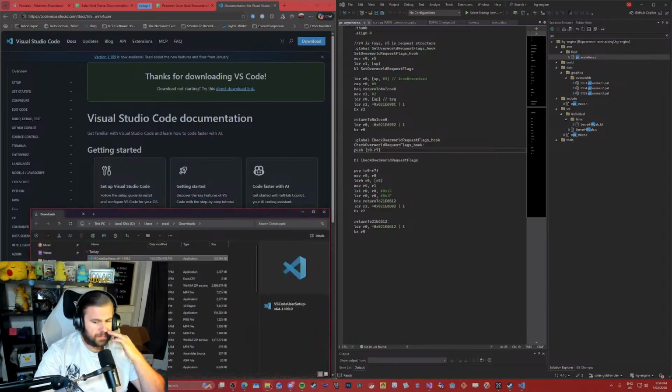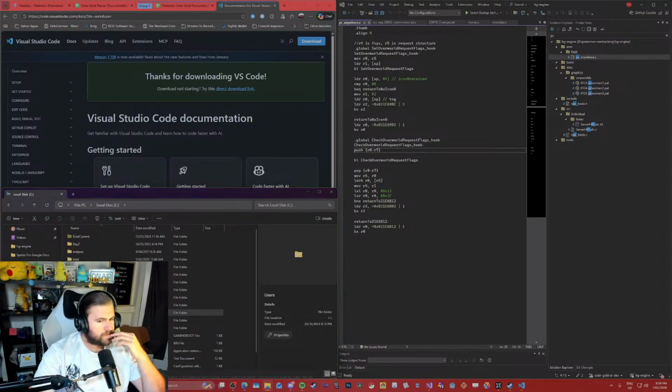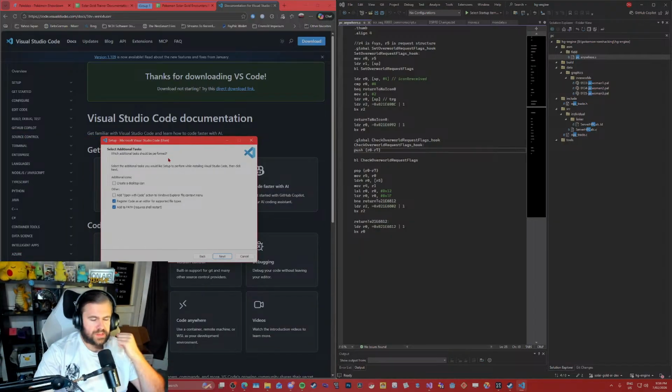And my C drive's already really full, isn't it? Got 27 gigs. Can I use something else? Probably that one. Probably B drive. Do I want to create a desktop icon?